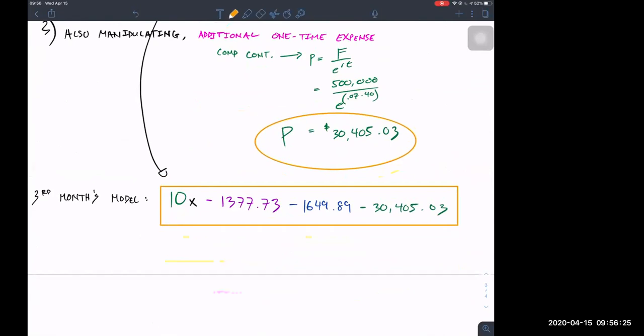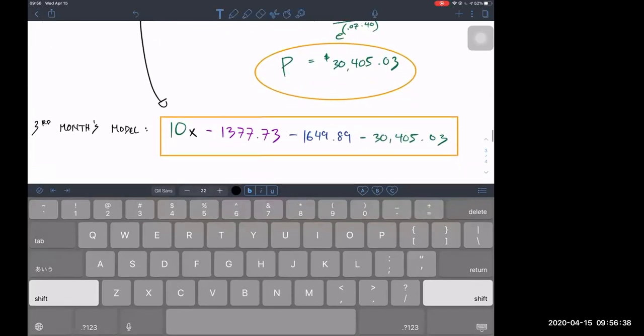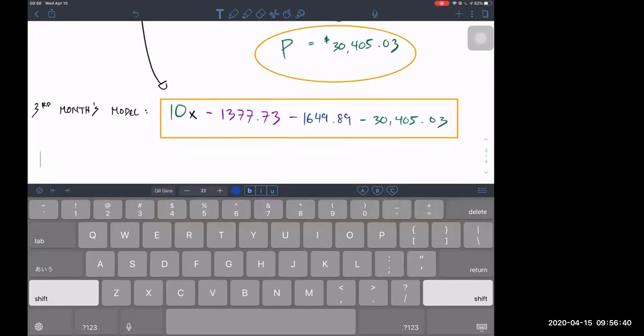So you can see that when you keep things separate like this, it's easy to see the change from month to month. And if you're curious, I'll just type it out really quick, even though we didn't have it in this problem. You don't have it in the second problem either. Note,